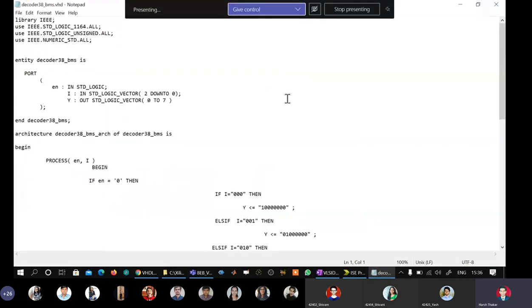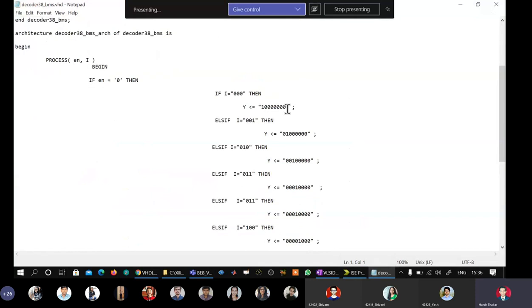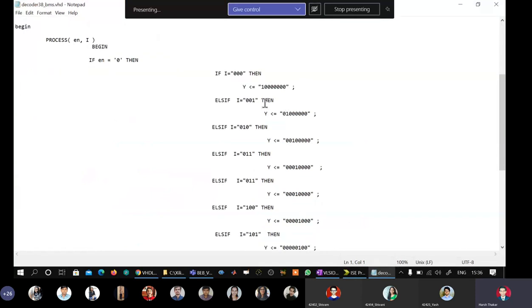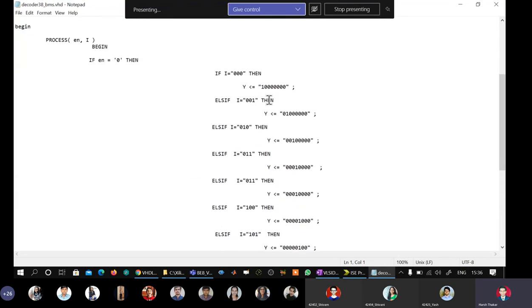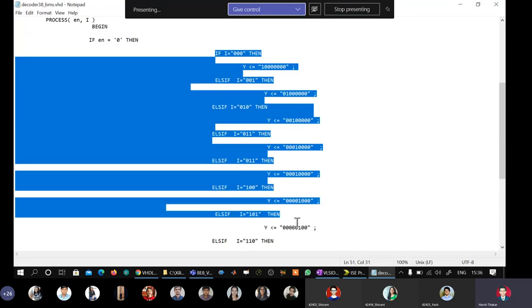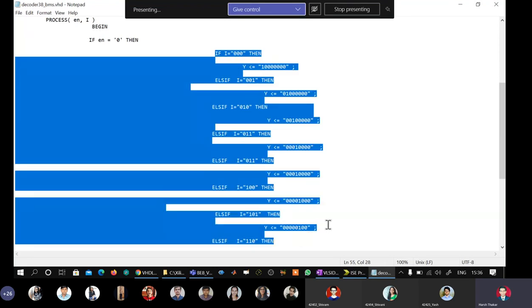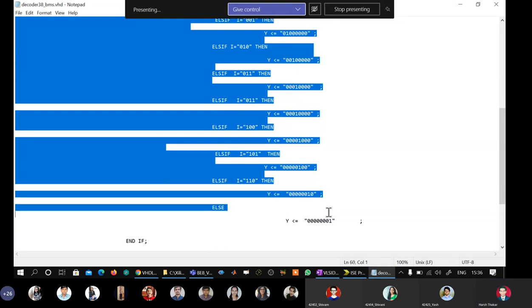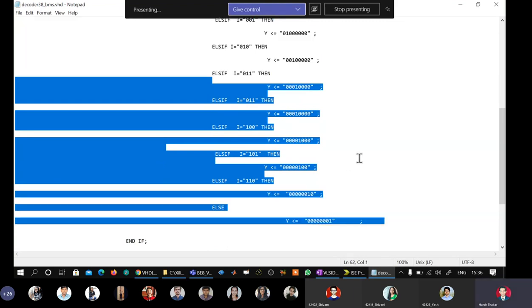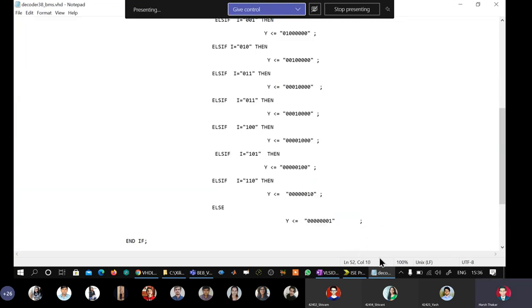So this was our code for 3:8 decoder. So we see here that for every input combination from 000 to 111, we had to physically type all the bits. So a shorter way will be like this. So what I will do, I will copy this piece of code.